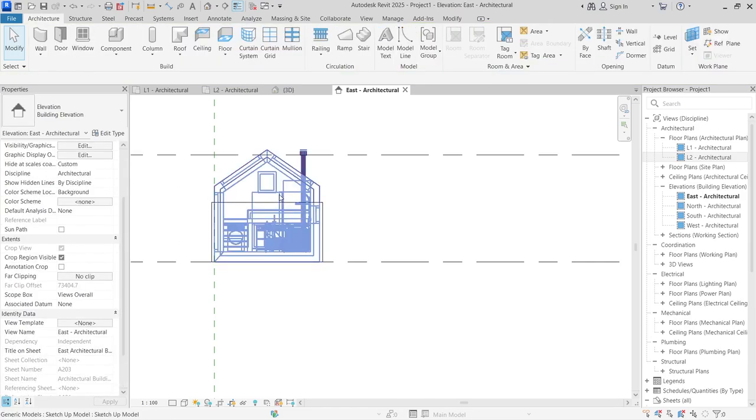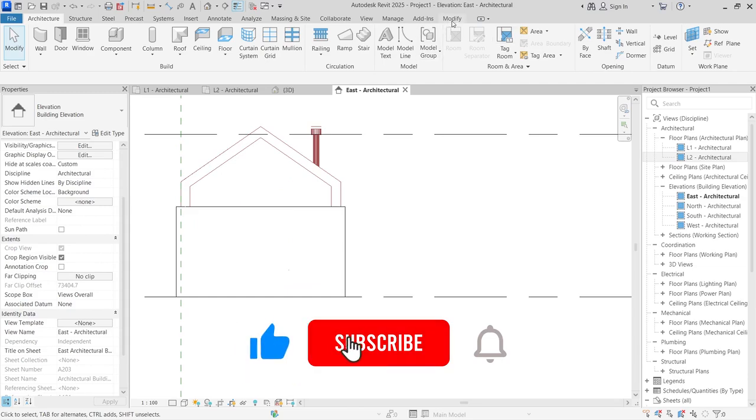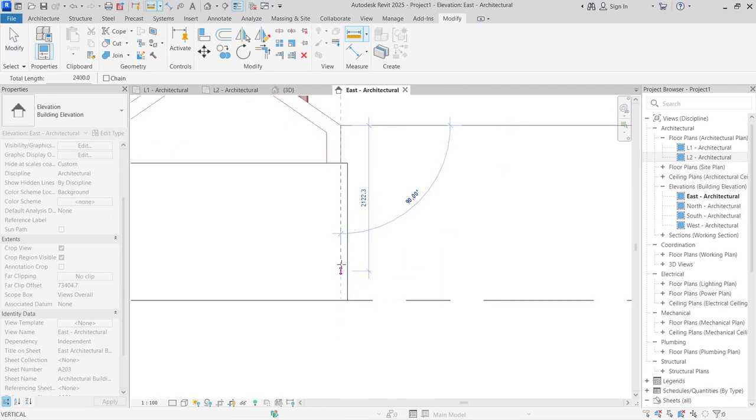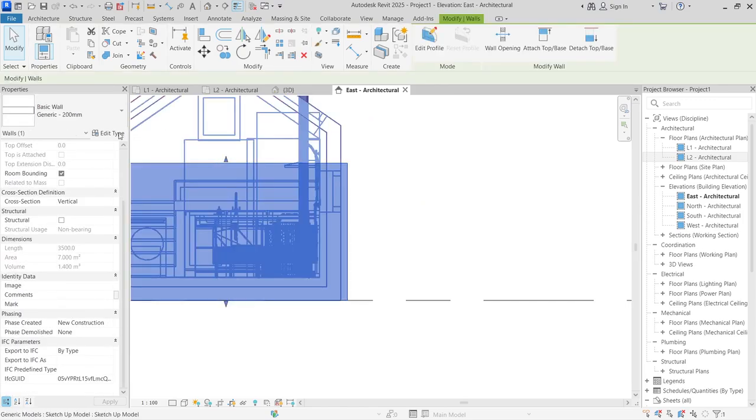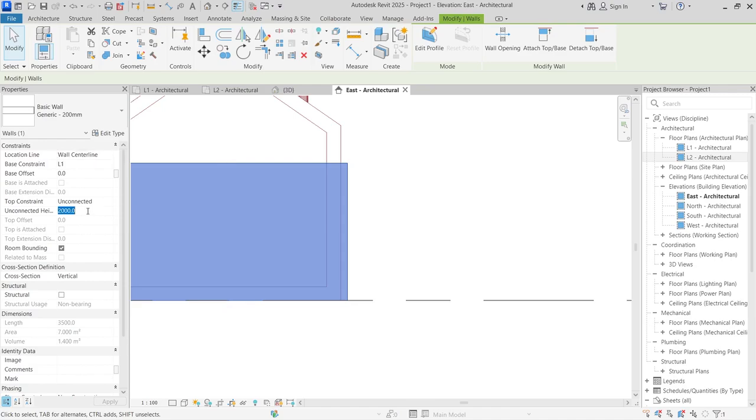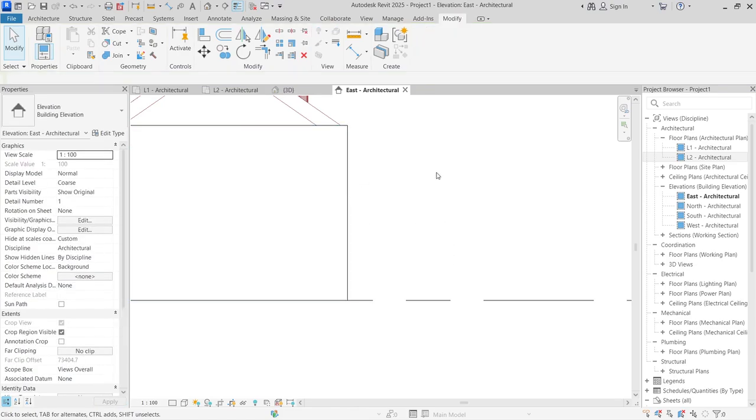So now we have the height of this and we want to measure. Go to the modify tab and click measure. We're going to measure the height from here to the ground. That's 2549.2. So we're going to select this and say unconnected height of this building, 2549.2. To be logical, let's make this 2550. That just sounds fair, and I can go down and click apply,